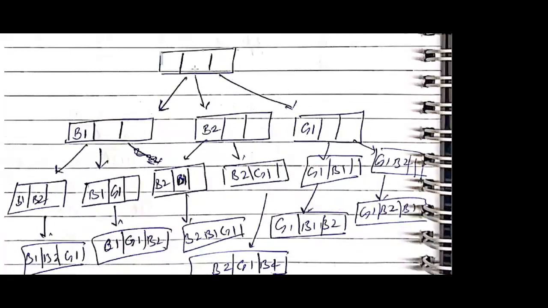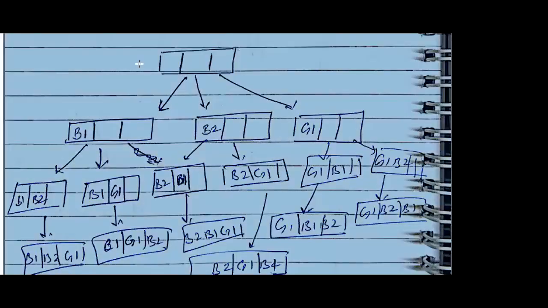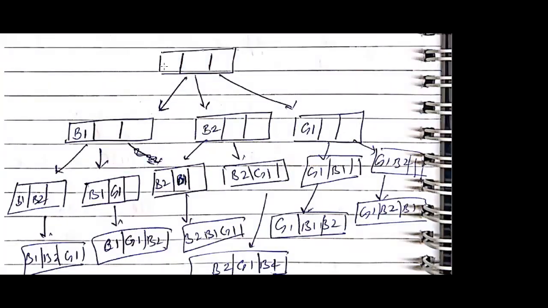Suppose these are the 3 vacant positions: position number 1, position number 2, and position number 3. On these we have to place 2 boys and a girl. So how many options do we have at present? Suppose one says, I want to place boy 1 at the first place. Second says, I want to place boy 2 at first place. The third says, I want to place the girl at first place.